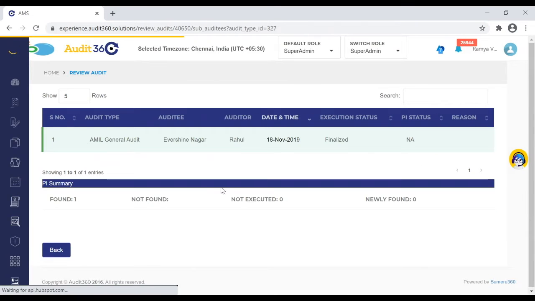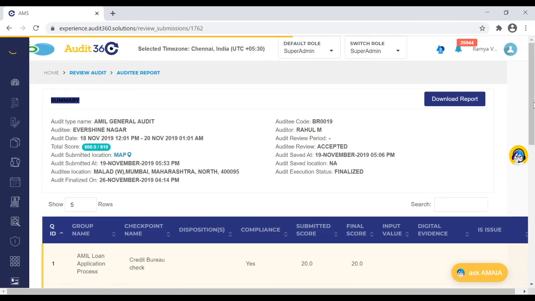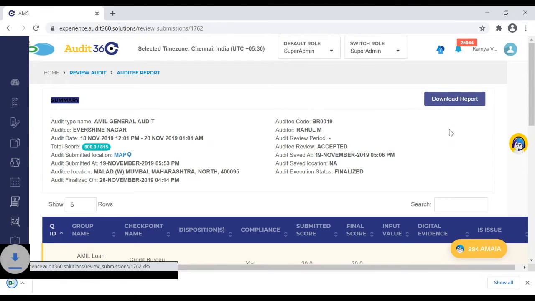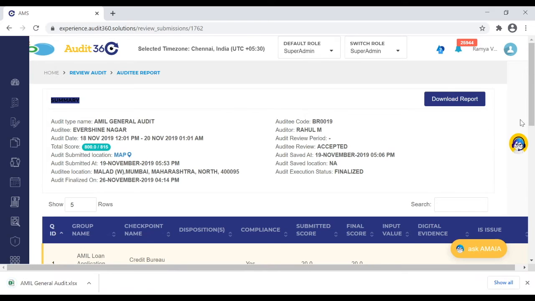Now I'll go to a general audit report, and if you go inside, you will see a download report option. When you click download report, the report will be generated only for the sub audit we have created, and not for the complete audit report.